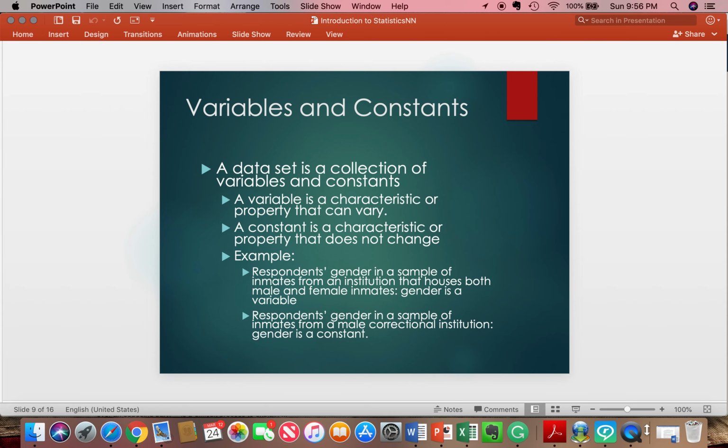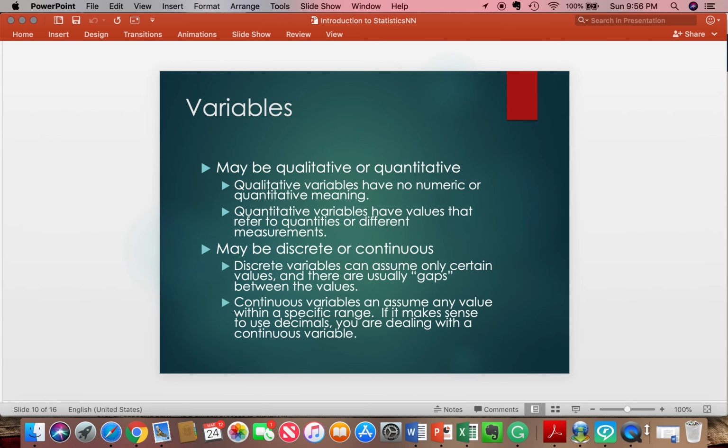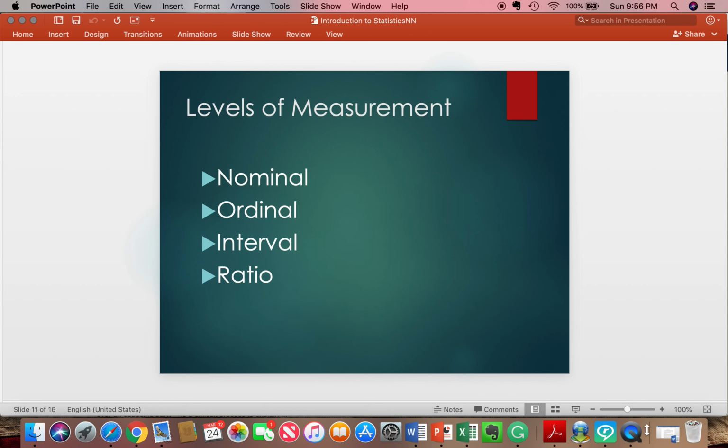Then we go into our data sets, and this builds upon some of our topics and discussions before, in that we are going to have variables. With our variables, we understand that they're either going to be quantitative or qualitative, and they're either going to be discrete or continuous. So read through this slide. Then we have levels of measurement: nominal, ordinal, interval, or ratio. Oftentimes we combine those last two, interval and ratio. You're going to need to understand where your data lies. Is it going to be nominal data? Is there going to be some sort of order to it? Or is it going to be interval or ratio?